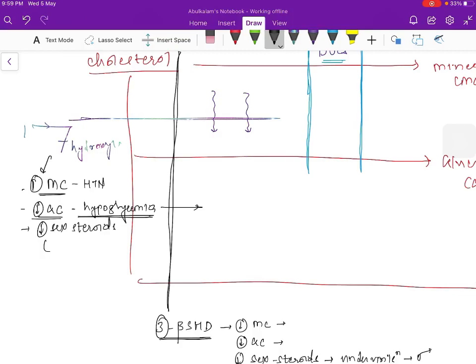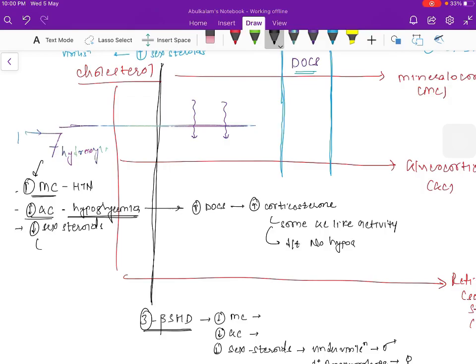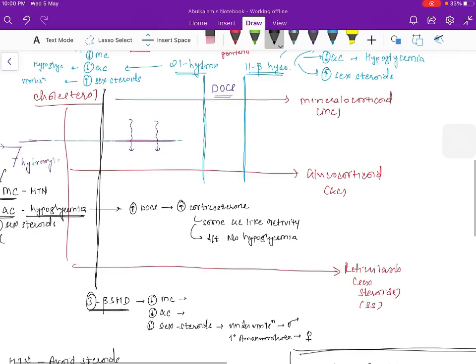So what will happen is, again, I told you one of the important intermediates is DOCS, right? In 17, what will happen? It will block the pathway horizontally. That will result in increased DOCS, which will cause hypertension, right? So there will be increased DOCS, which will be converted into corticosterone, right? Now this corticosterone has got some glucocorticoid-like activity, right? So due to this, there will be no hypoglycemia. Again, this is one of the twists, as we have studied in cases of 11 beta, right?